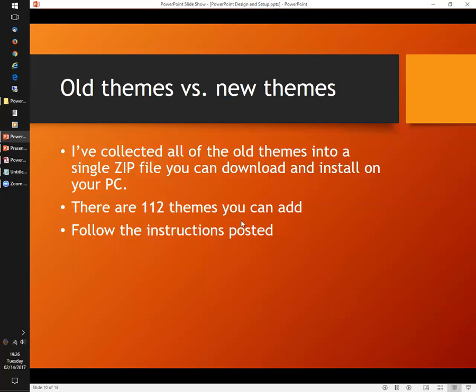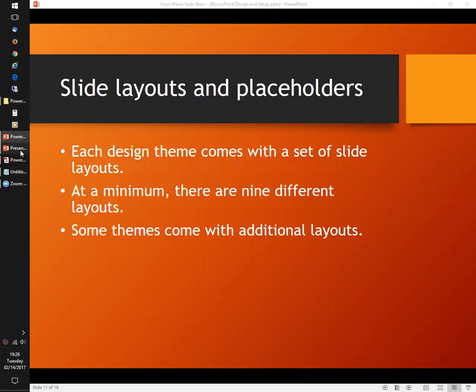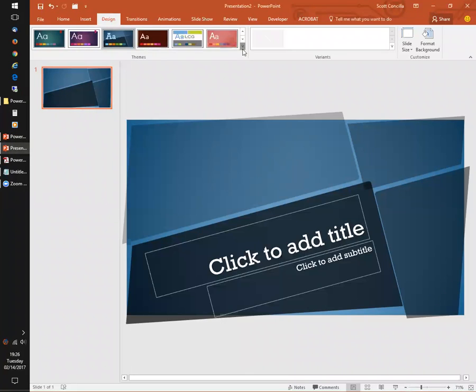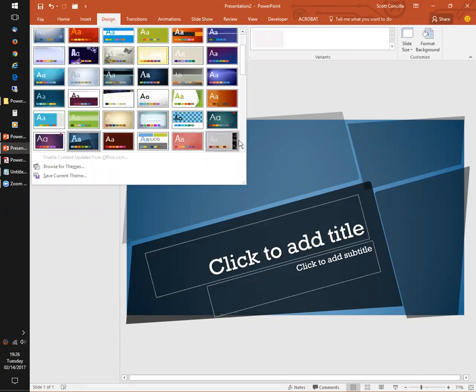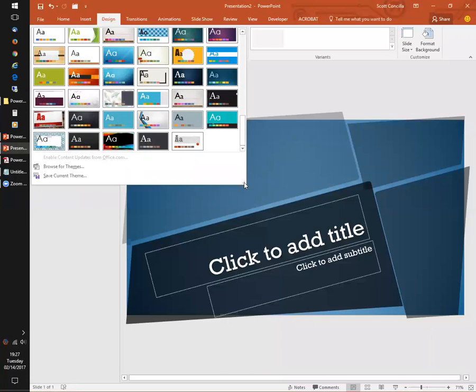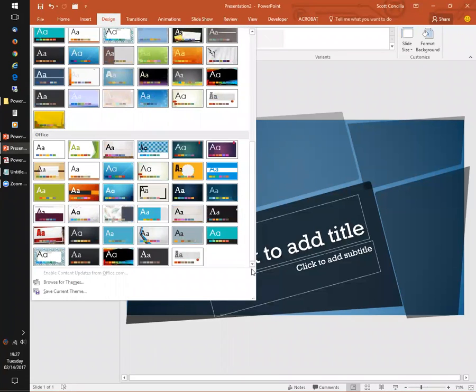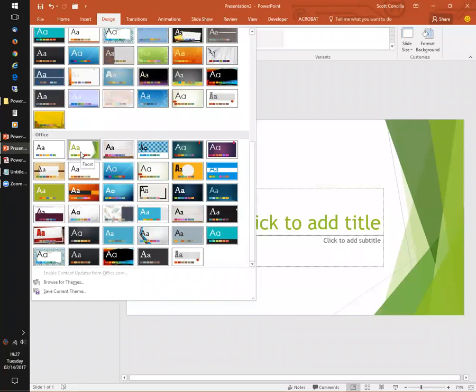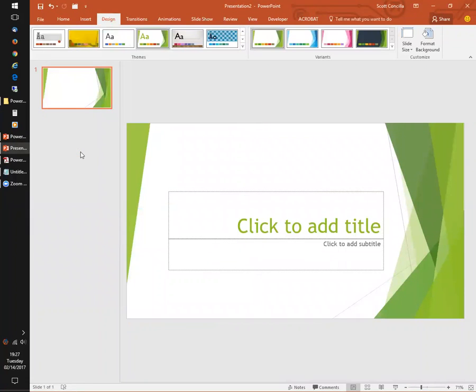Okay, oops, wrong window, there we go. Okay, so let's get started here. I'm going to pick one of the newer themes because it's just more valuable that way. Let me go to, let's go to here. I do not want to use Kilter. That's an old one. Oops. I happen to be a fan of this one, Facet. I do like this one. And instead of green, I happen to feel a little blue.